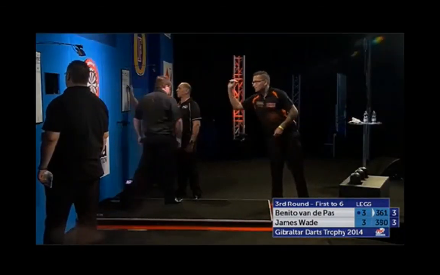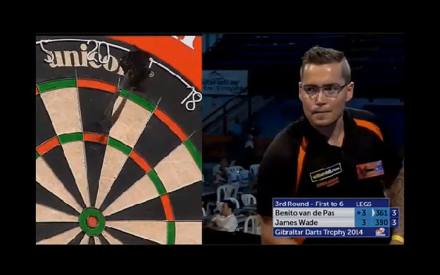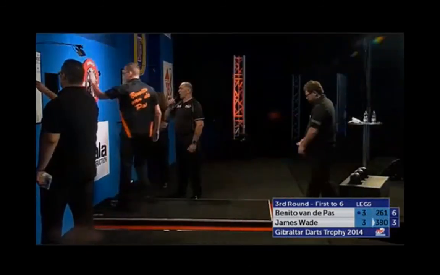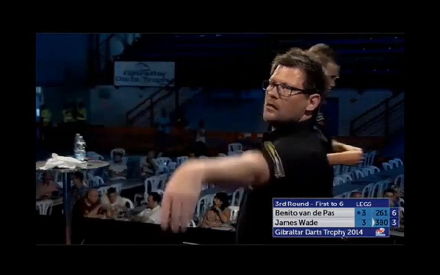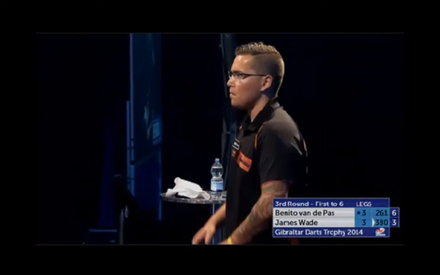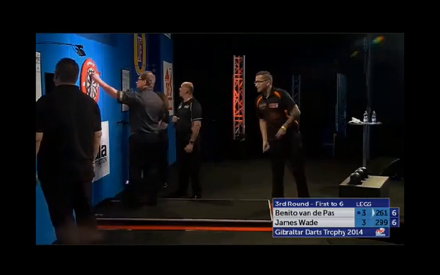121. And importantly, that was the break back that Benito van der Pas needed. He was broken in the first leg. It was the poorest standard leg of the match, perhaps just as he was warming up. An 18-darter from James Wade to break him. But he's got the break back,